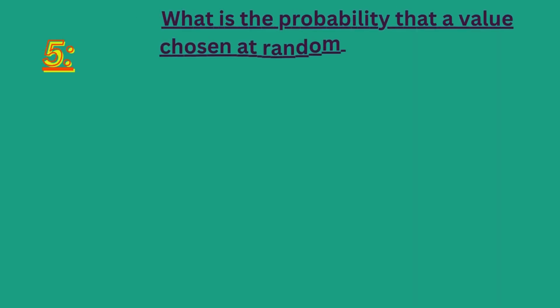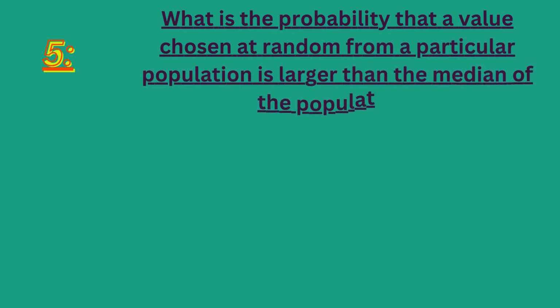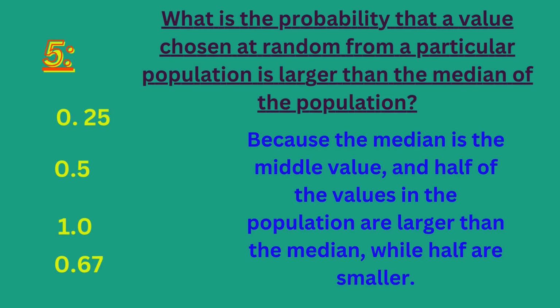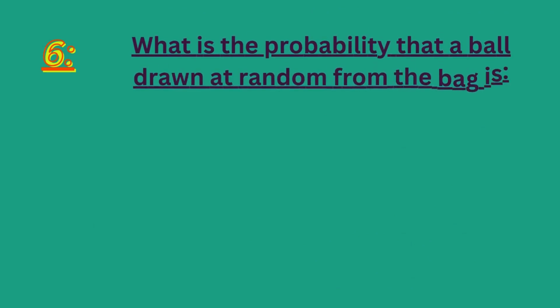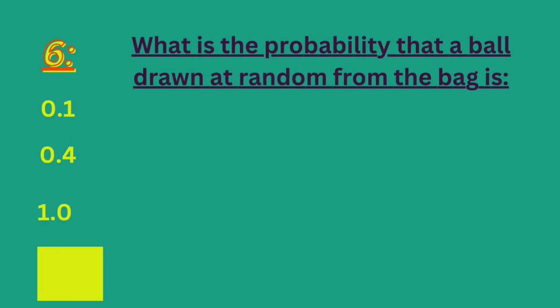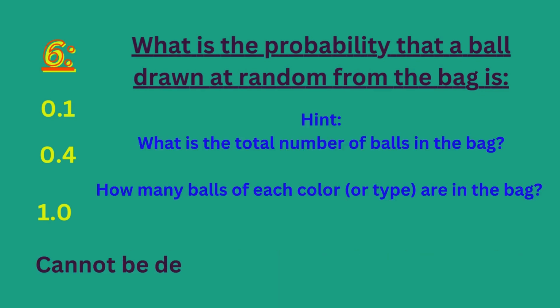What is the probability that a value chosen at random from a particular population is larger than the median of the population? 0.25, 0.5, 1, 0.67. The right answer is... What is the probability that a ball drawn at random from the bag is 0.1, 0.4, 1. Cannot be determined from given information. The right answer is